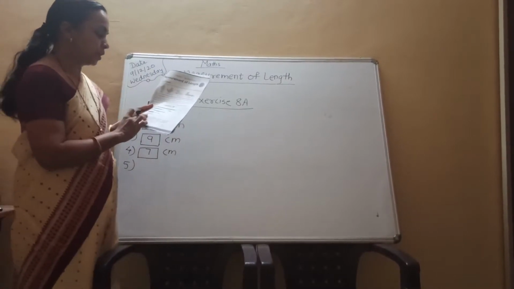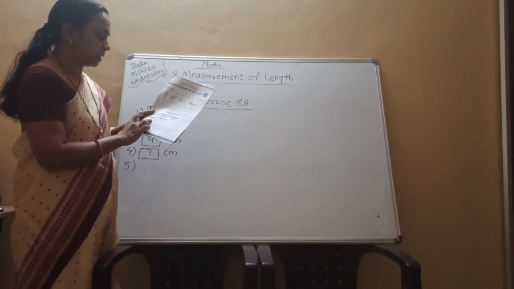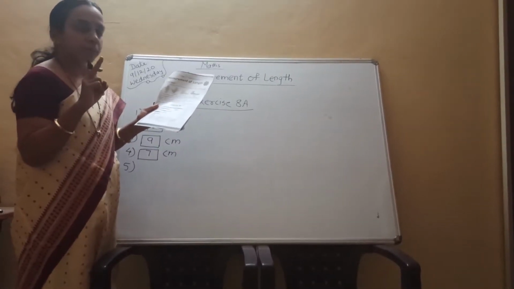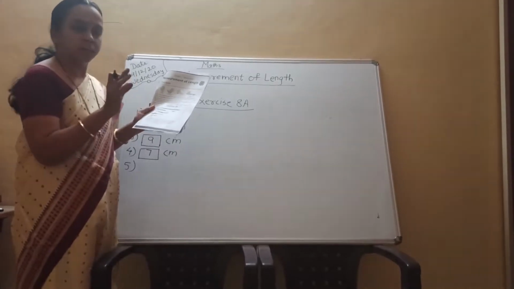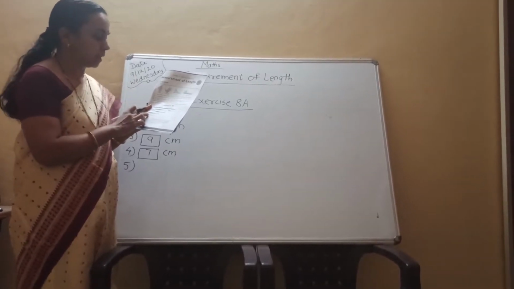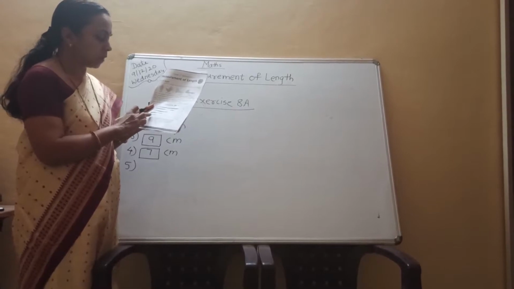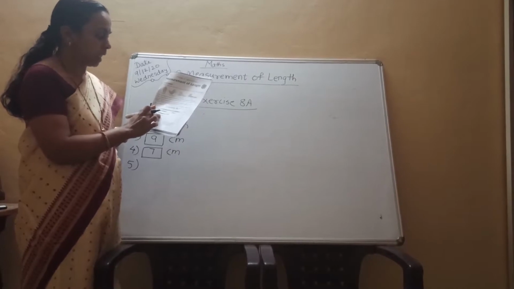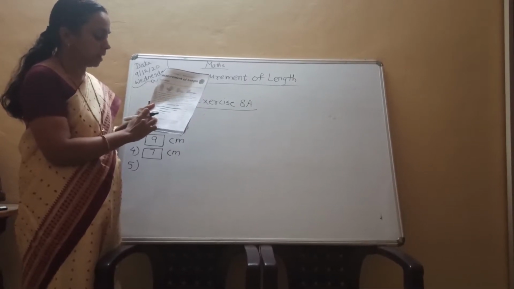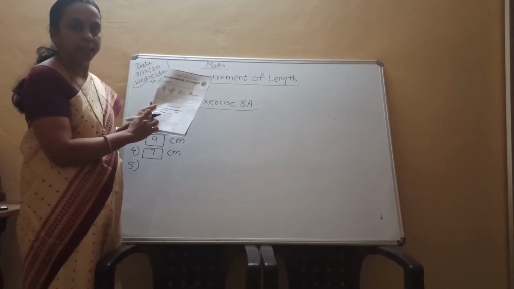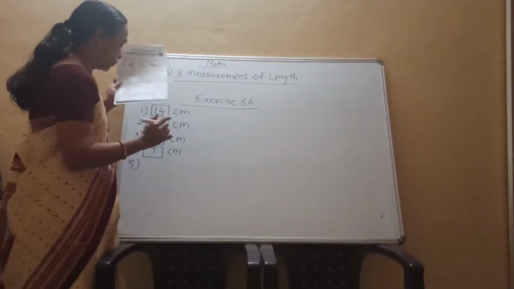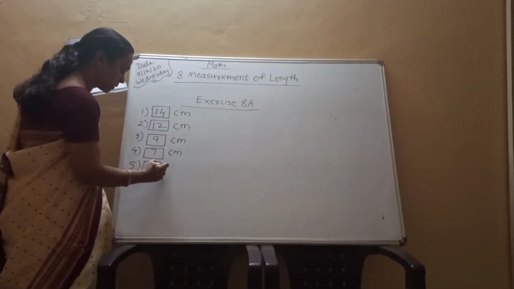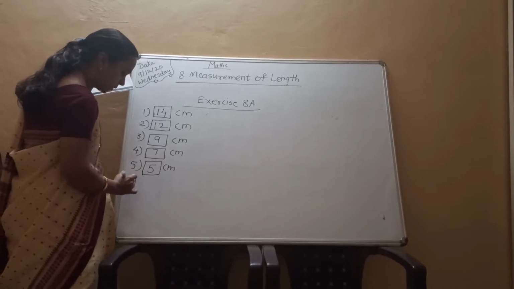Then see your fifth picture, that is your ink pen. You know very well, one type of pen is our ball pen and this is our ink pen. What is the length of this ink pen? One dotted line is there, and on which number? On number 5. So we have to write number 5 in this box. You write down that.